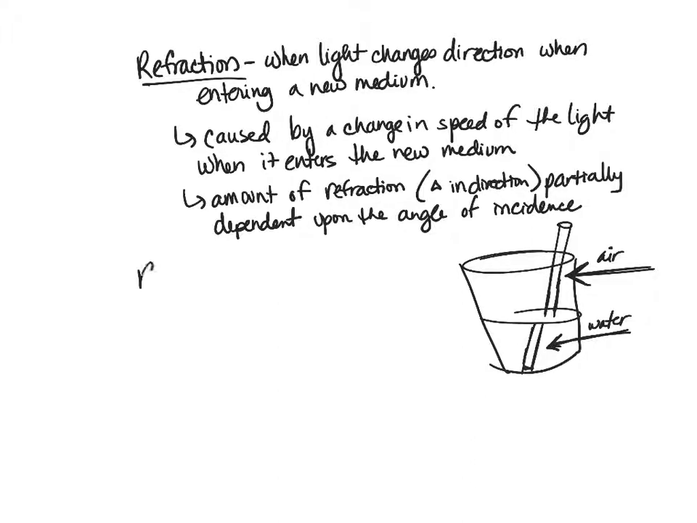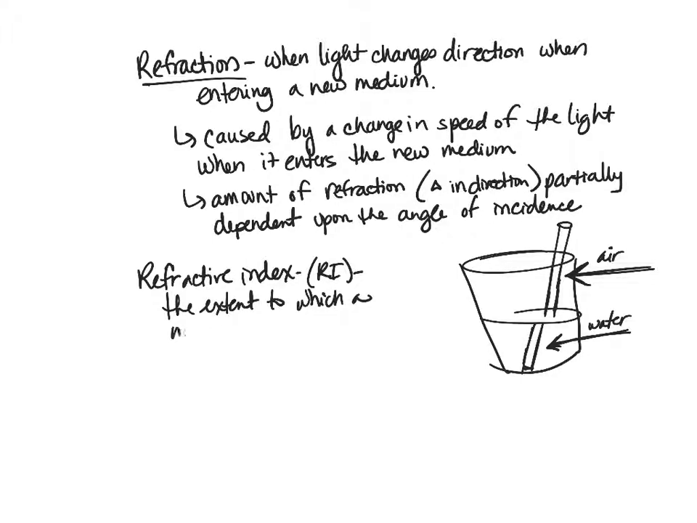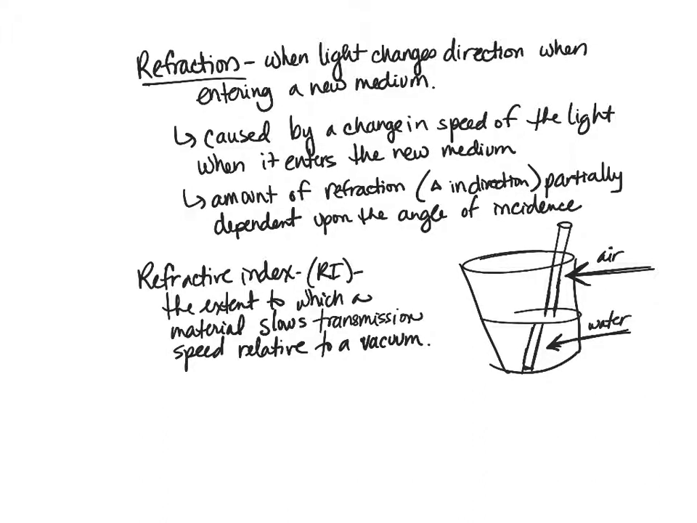So let me write down refractive index. So our refractive index, or the RI, is the extent to which a material slows transmission speed relative to a vacuum. So basically just what that means is that if we take a vacuum, light, if we